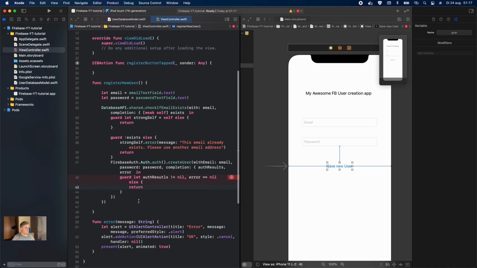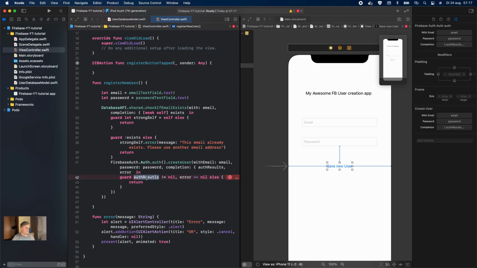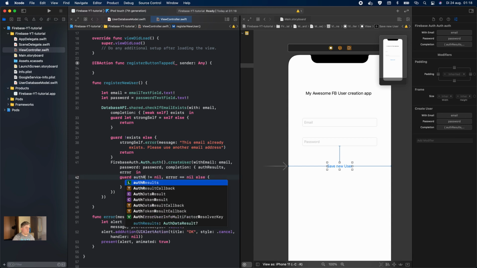And under there, oh, what's this? Variable binding in a condition requires an initializer. Does it now, huh? Oh, wait a second, we don't need the let, just guard. I wrote it wrong. Auth result, oh, auth results,